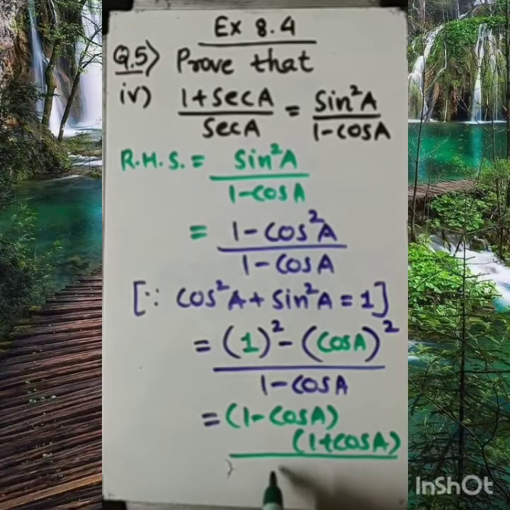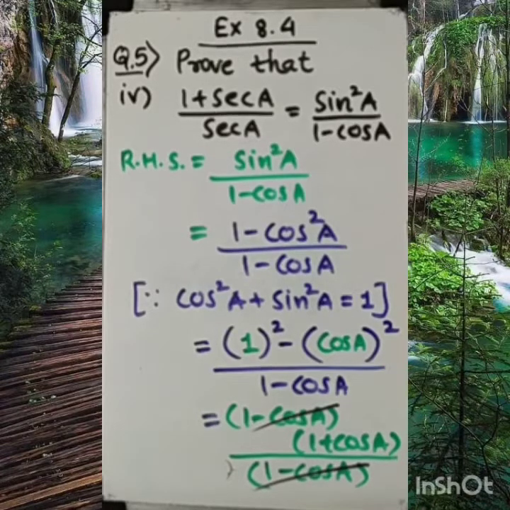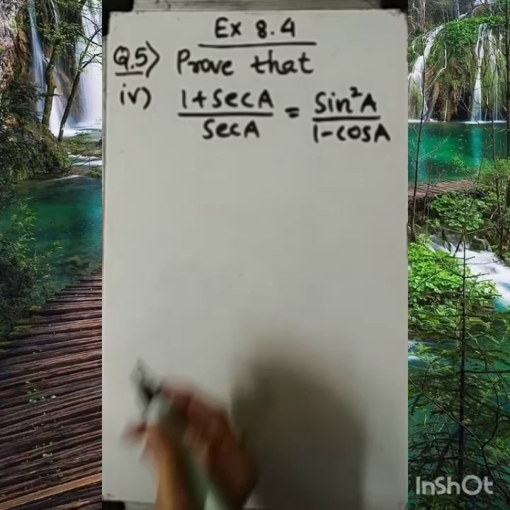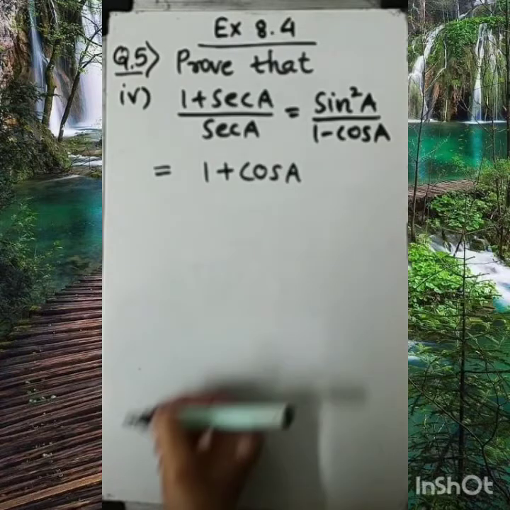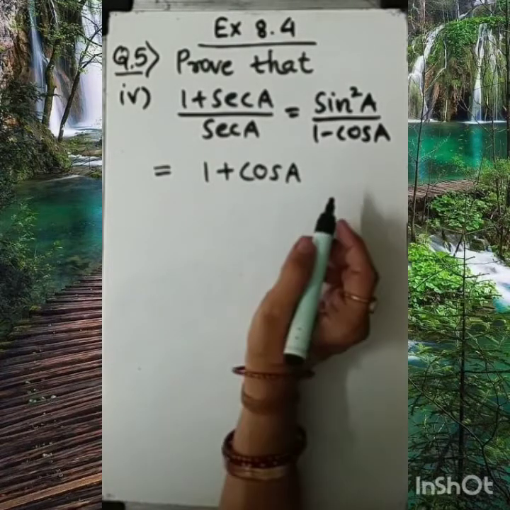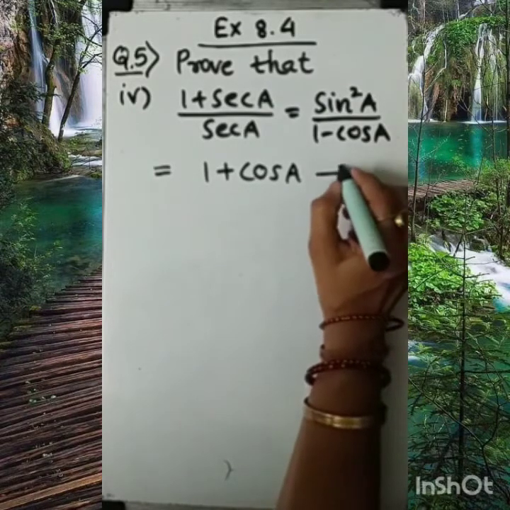Now in the denominator it is 1 minus cos A. Okay, so here this can be cancelled. You can see here, 1 minus cos A, 1 minus cos A, it will be cancelled. Now what is left with us? 1 plus cos A in the numerator. So let's continue the solution further. So dear student, what is left with us in the numerator? 1 plus cos A. Got it? This much portion is left. Now there are different techniques of solving this, but let me call this result number 1.